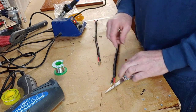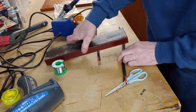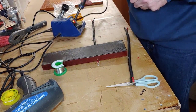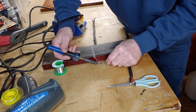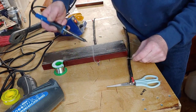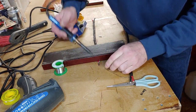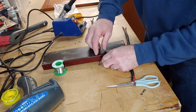And then what we want to do is we want to solder that up now. So put something heavy on here to keep that down like that, because it's awkward otherwise. So now I'm just going to get this soldering iron here. There we go, that's one. Let's move slightly, not actually done. Let's see what's happened there. None of that's soldered off on it, it's just hot still. So the next one,